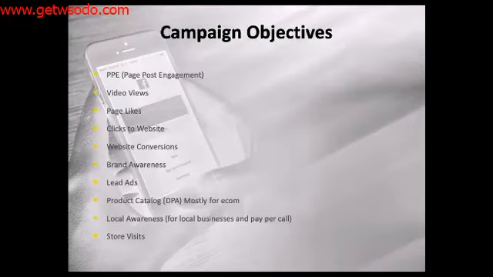All right, next. Now we're getting into Facebook. So here are the different campaign objectives. I'm hoping you guys know these, so I'm going to breeze through them. Page post engagement is obviously if you just want people to engage with your post. For a video, that would include video views. The video views campaign objective is if you just want people to view your video. Page likes, pretty self-explanatory. Clicks to website, also known as traffic,